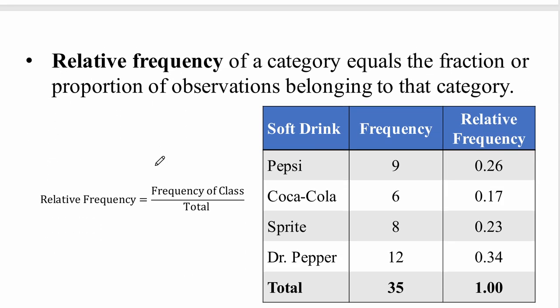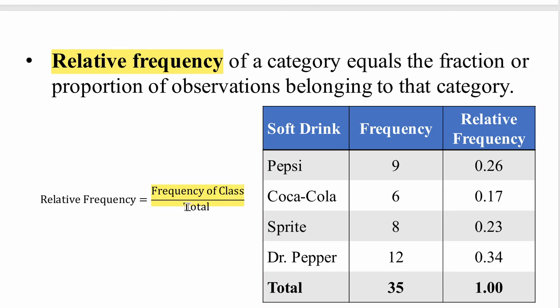Now, the next thing we can do is to calculate what we call the relative frequency. The relative frequency basically is looking at what proportion of our soft drinks is Pepsi. What proportion of the soft drinks is Coca-Cola? What proportion of the soft drinks is Sprite? And what proportion of the soft drinks is Dr. Pepper? And so in relative frequency, what we're going to do is divide each frequency by the